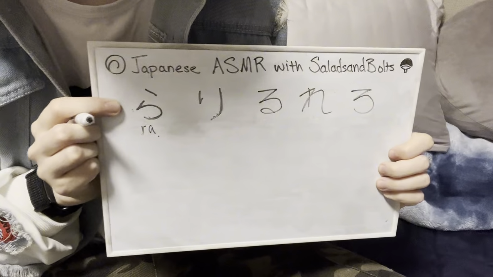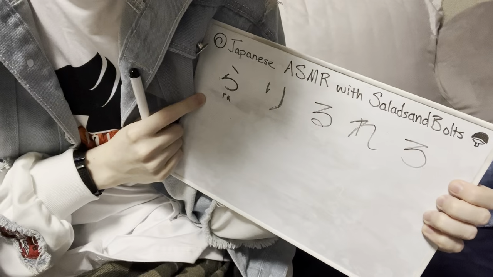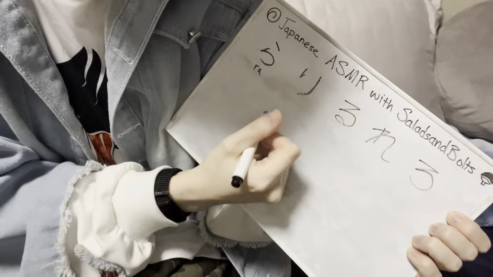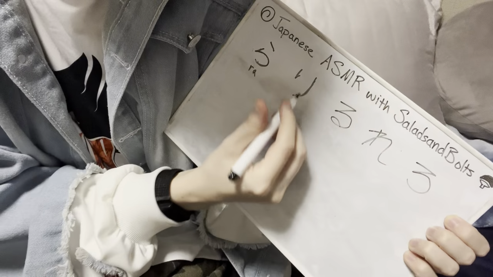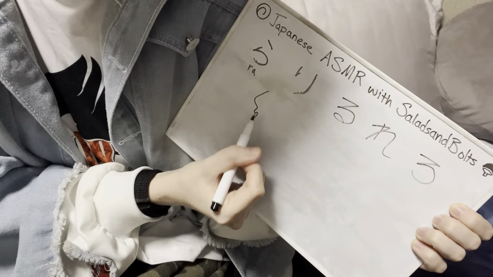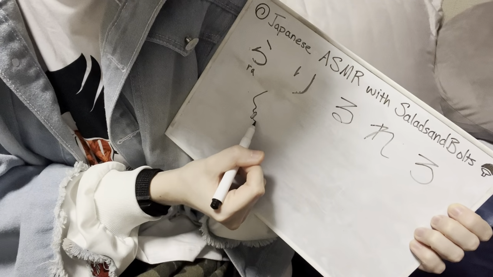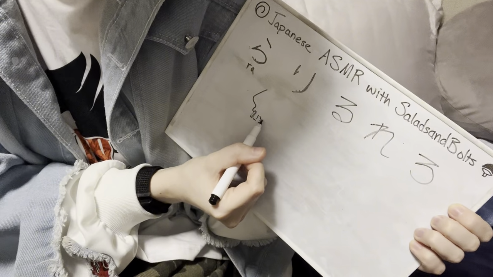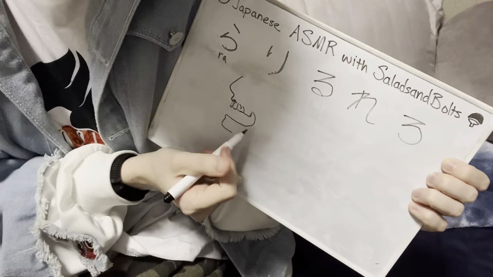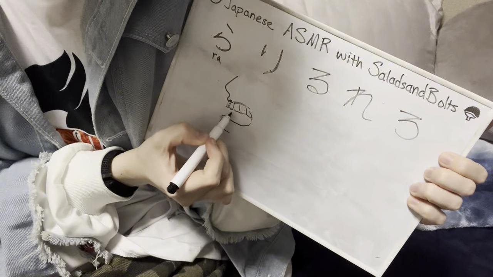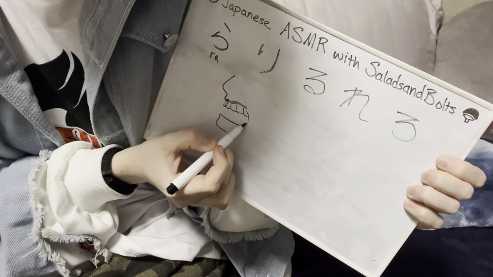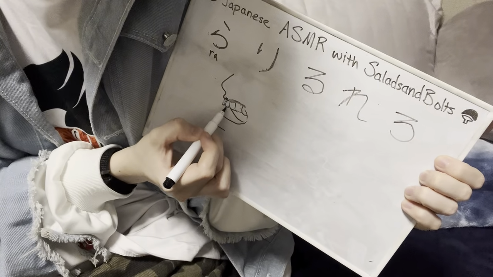First up, we have ra. The way you pronounce it is you have your tongue. If this is your nose, and this is your lip, and this is your front teeth. So let's pretend like your teeth are just chilling back here. You got a bunch of teeth. If this is the inside of your mouth, then you have your tongue. If this is the roof of your mouth, your tongue goes right there.